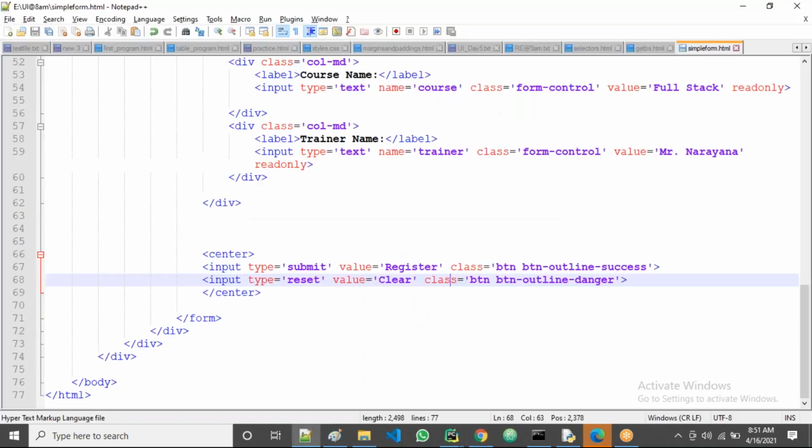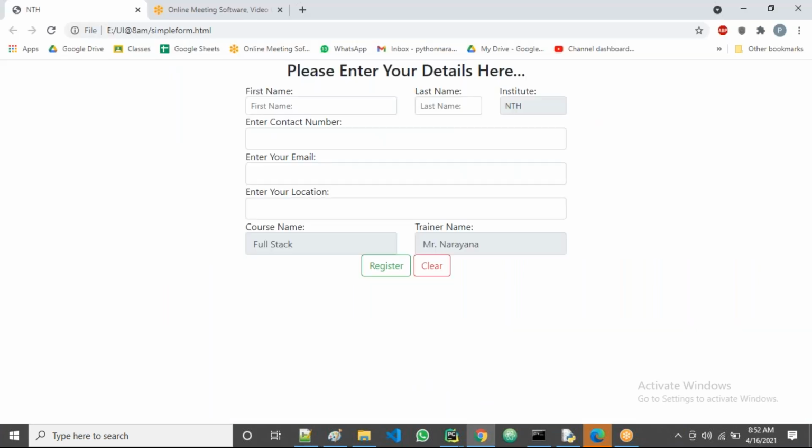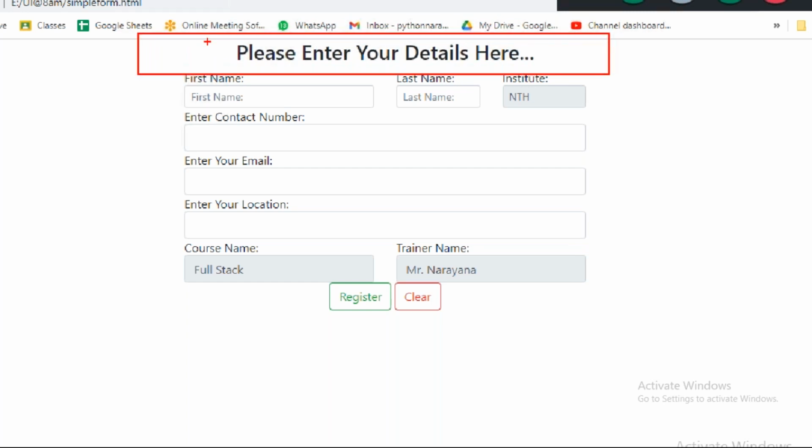Fine, guys. Now above this form, we have one title, right? What is the title here? Enter your details here, right? I told you initially about Jumbotron, right? Now what do I want here? Above the form, I want to highlight this area, something like that. Then I want to display one text, employee details, like that.